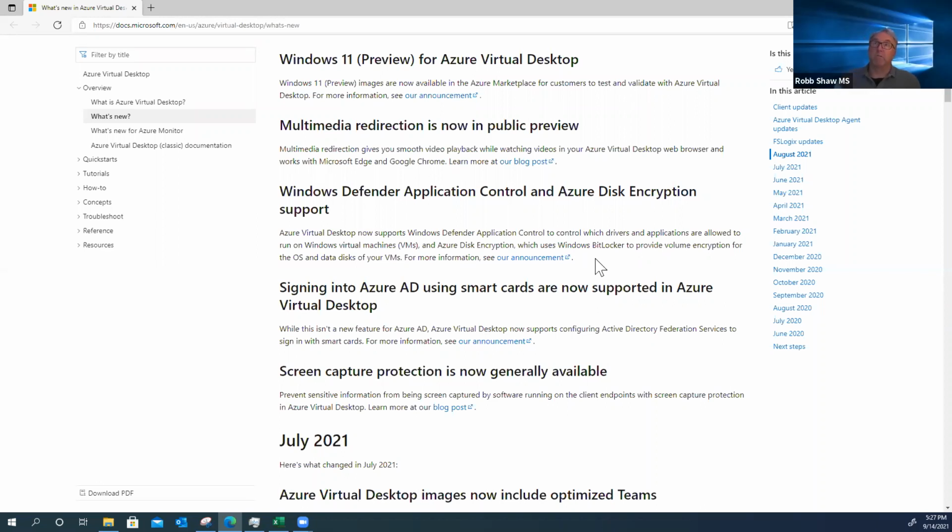Well, just one thing to mention is that our partners like Citrix and VMware continue to be able to leverage those multi-session capabilities while in Azure. And that's a key distinction, that multi-user Windows 10, now Windows 11 operating system, is only capable in Azure today.